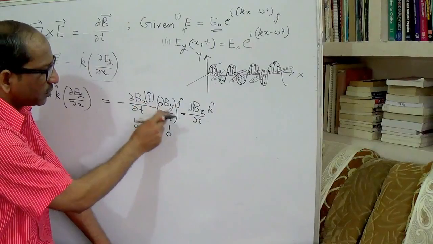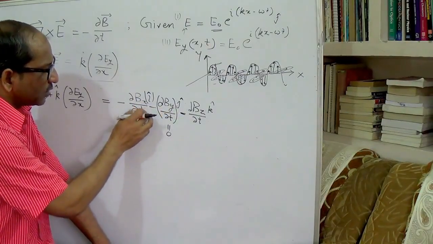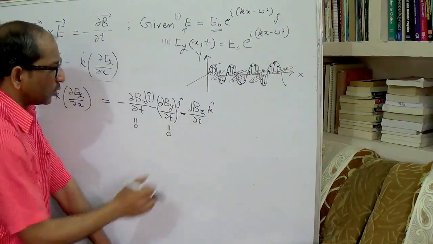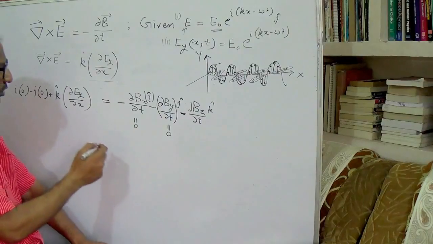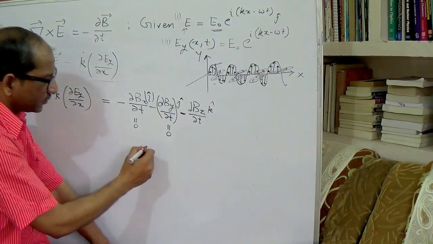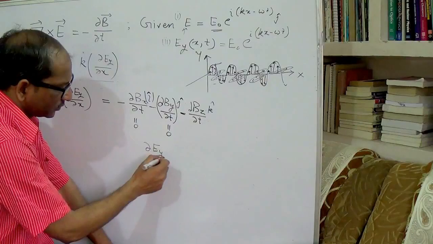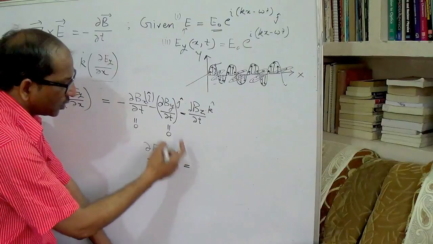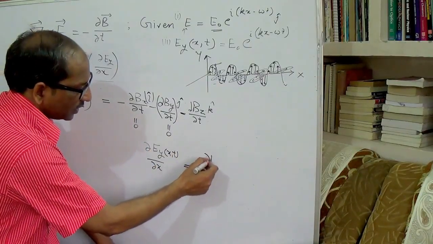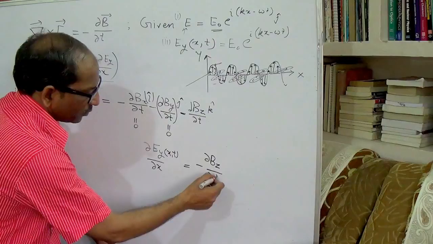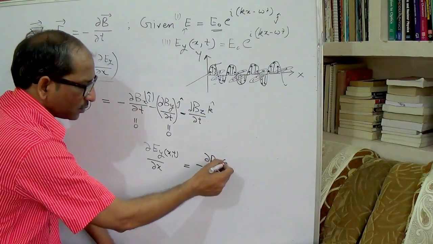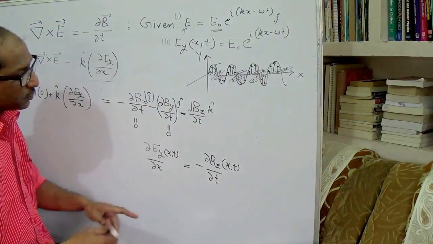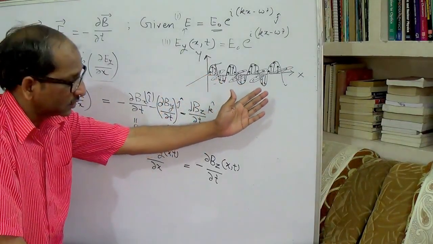Here the components of i and j with the time varying magnetic field are equal to 0, and for the k component, this is ∂Ey, which is a function of x and t, is equal to minus ∂Bz upon ∂t, and obviously Bz will be a function of x and t,